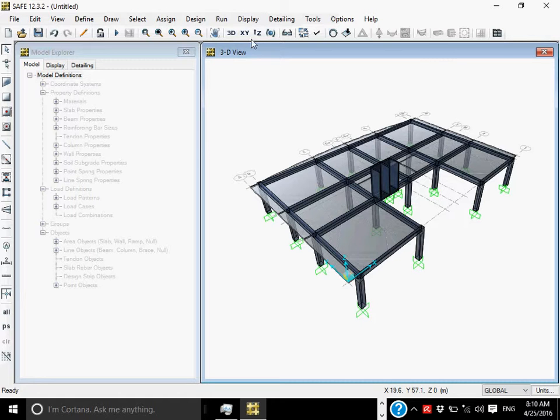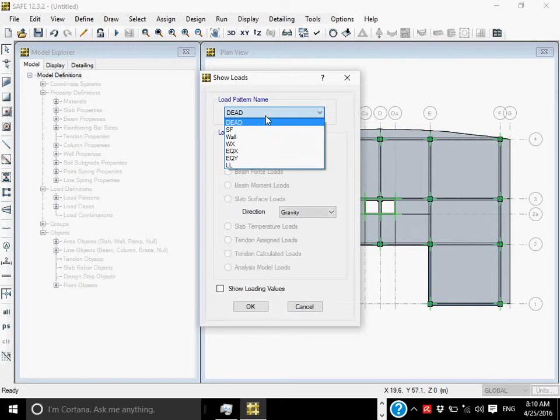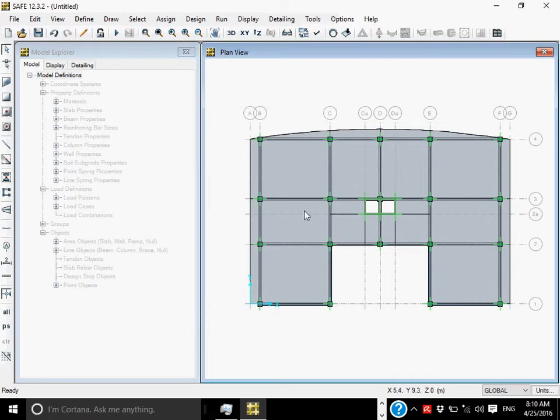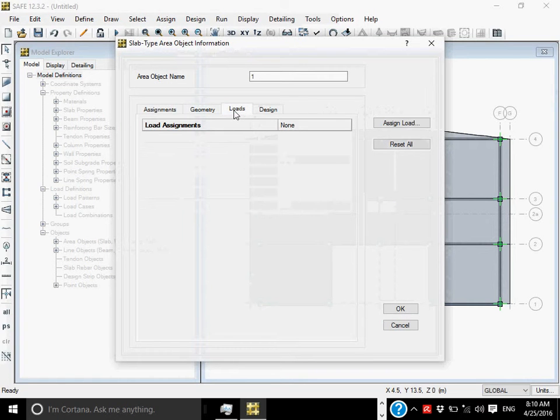So if you click on XY, display, show loads, live load, it is not showing the values. Am I right? Yes. So my doubt was correct.